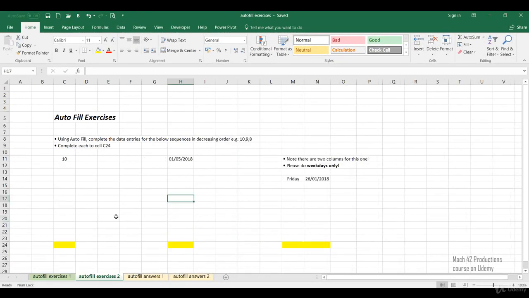Okay folks, now for this set of exercises, I want you to use autofill to complete the data entries for the below sequences in decreasing order. So 10, 9, 8 and so forth, for example. I want you to complete each to cell C24, and again I've marked it in yellow just to make it a bit easier. Now, to actually tell Excel that you're going in a decreasing order, you've got to modify something